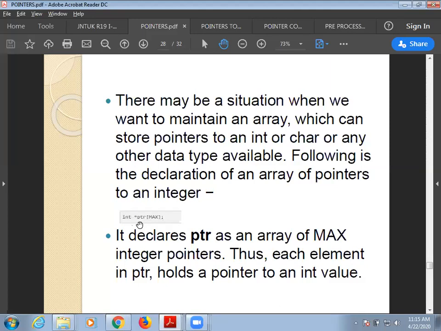Those 3 pointers will be int star ptr of 0, int star ptr of 1, int star ptr of 2. So we can create any number of pointers by using arrays. It declares ptr as an array of max integer pointers. So if I declare int star ptr of 3, I'm declaring 3 pointers in my program.